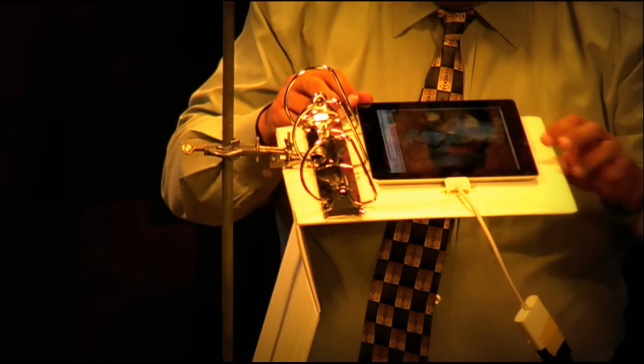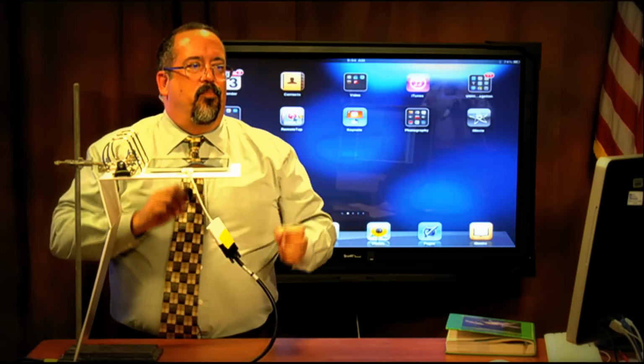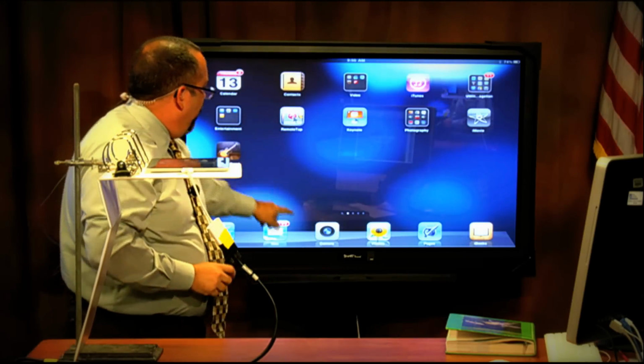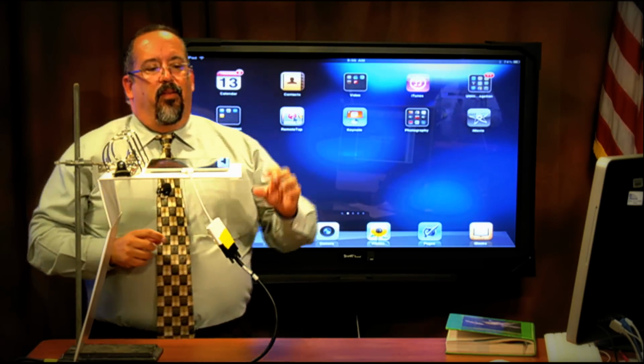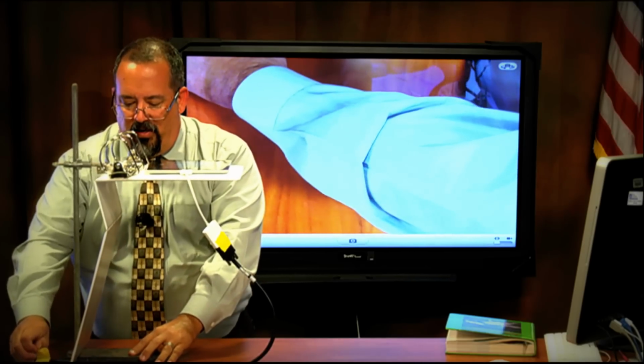Every iPad has a program called Camera on it. And you can see on my iPad that I've got here this thing called Camera. And so we're going to turn Camera on. Once you turn Camera on, you can see we've got a document camera. We've got this document camera sticking out. I'm going to move it just a little bit so that we can